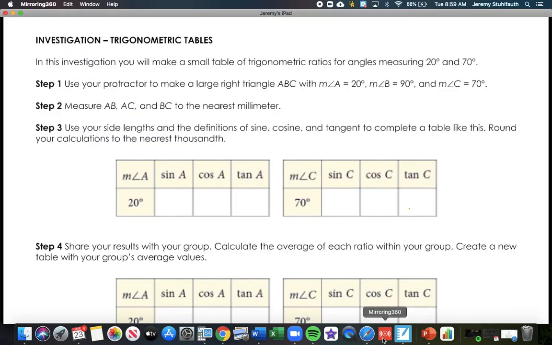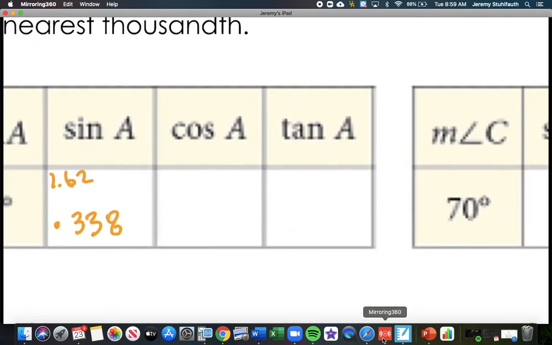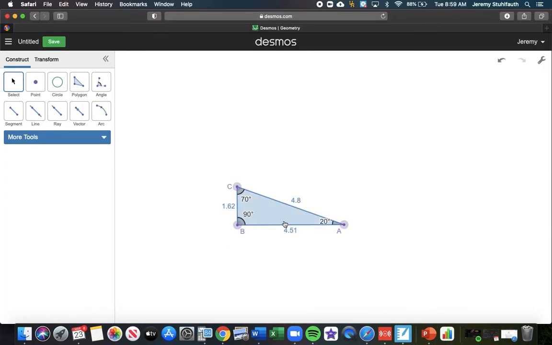So if we go back to our notes, sine of A, when we divided those two sides where we wrote the ratio, was 0.338. And again, it was 1.62 divided by 4.8. Now, if we go back to here and look at our triangle,